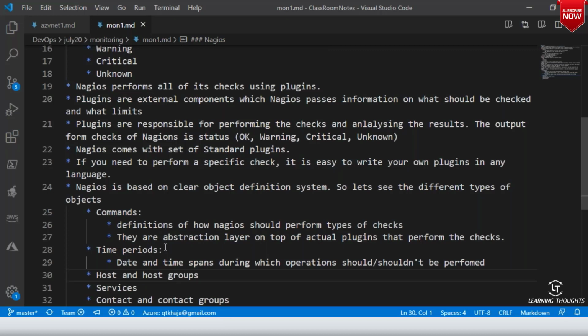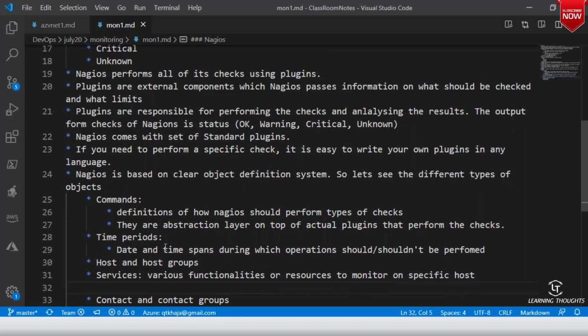Hosts and host groups, I'm not defining them because we have already covered them. A host is a device, and when you group these devices based on some commonality, we call it host groups. And services are different functionalities. Whenever we monitor specific services, we need to worry about different kinds of things. For example, I might be worrying about CPU usage. So let me write about services: various functionalities or resources to monitor on a specific host.